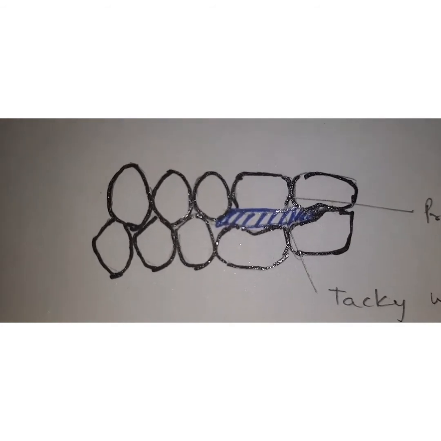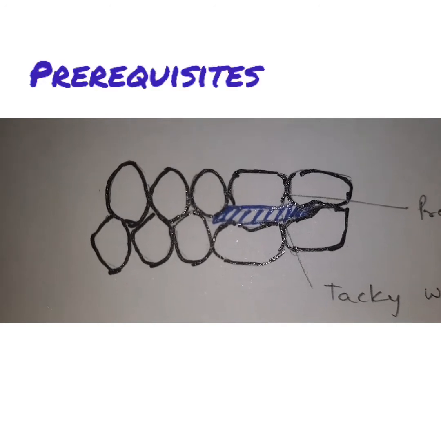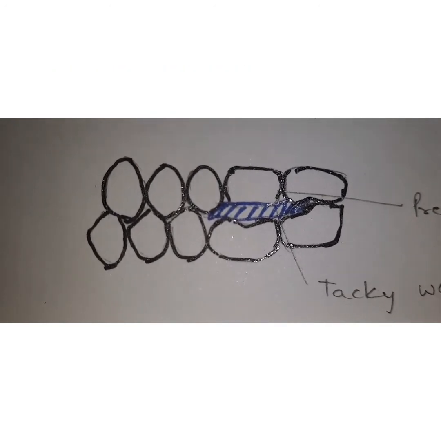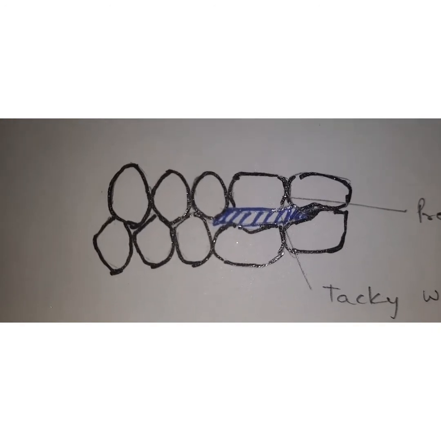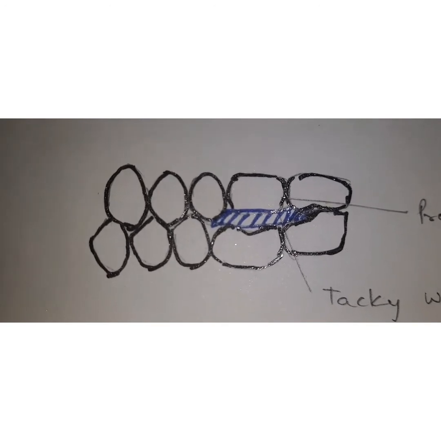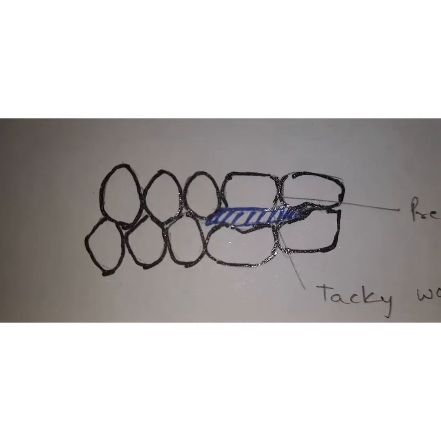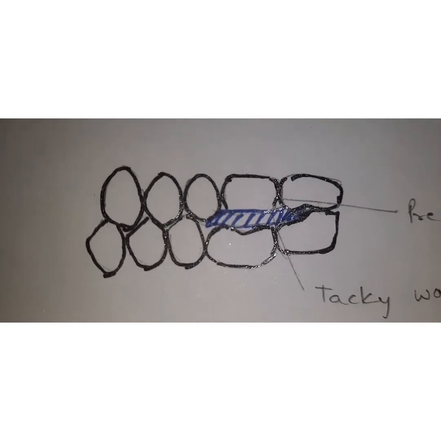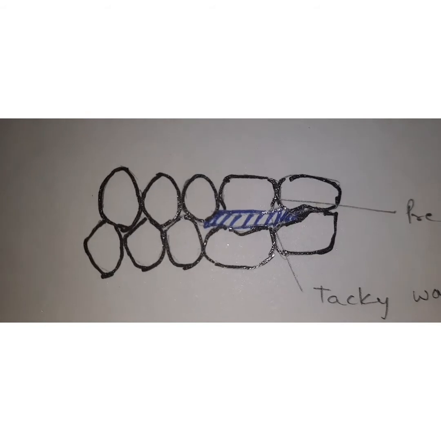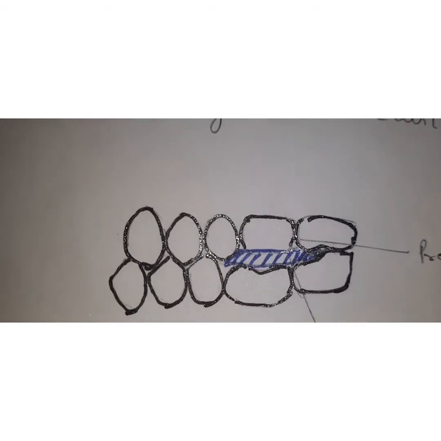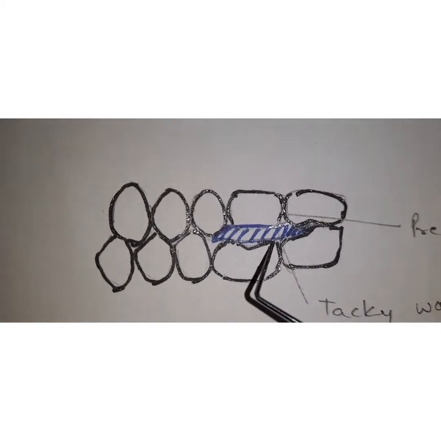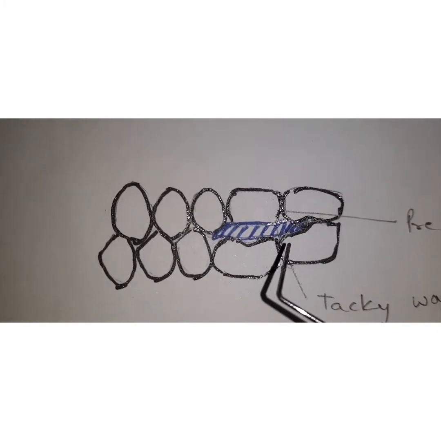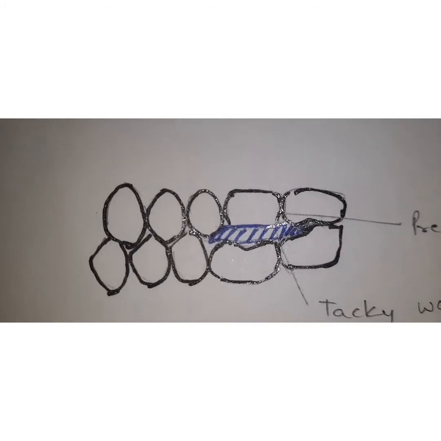So what are the prerequisites for using this technique? One, it should be used for single restoration. Secondly, there should be no posterior interference. Whenever you are using this technique, make sure that there is no posterior interference. You have to remove those posterior interferences, and there should be a correct anterior guidance. Also, there should be no missing or damaged opposing teeth. So that means you have to have opposing tooth which should be in proper shape, and also there should be no posterior interference either in the opposing tooth or in any other tooth.